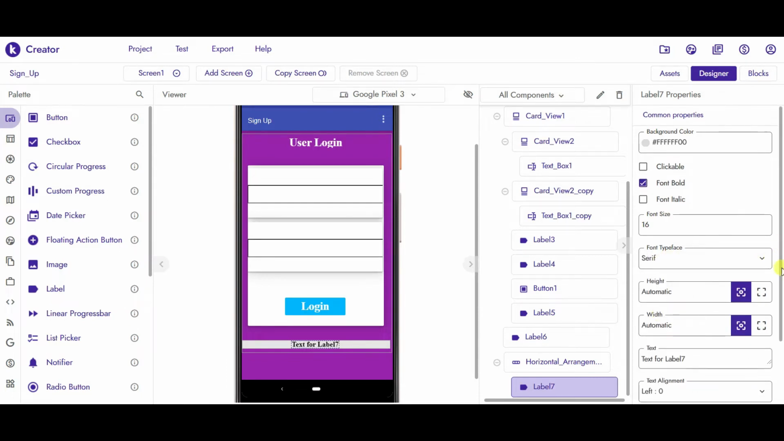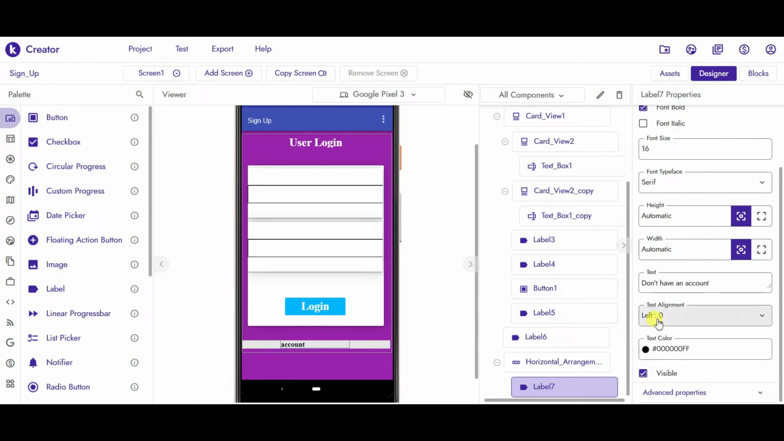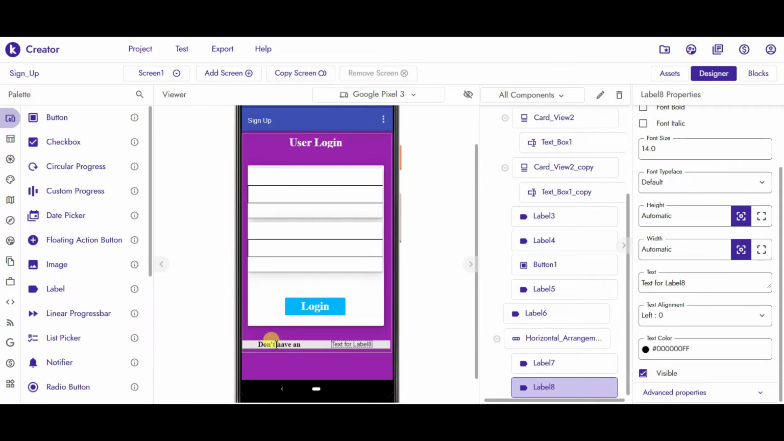and set the text to don't have an account. And set the text alignment to left. Now drag another label just beside the label which we had taken prior